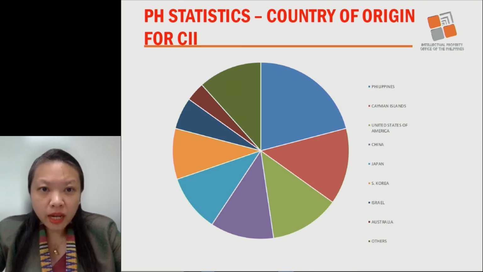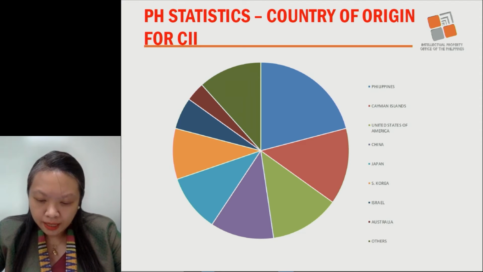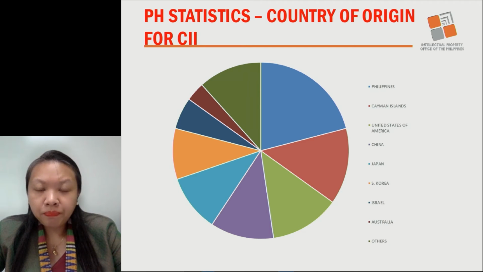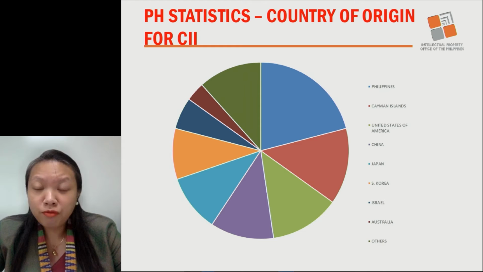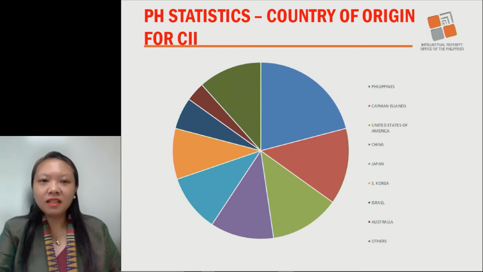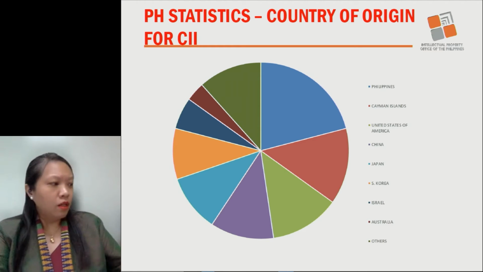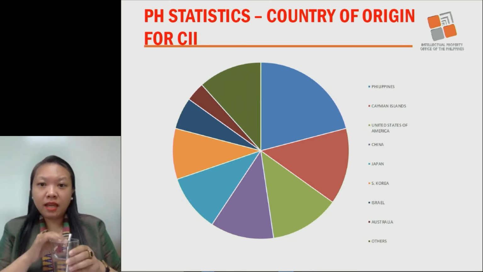So when we check for country of origin, we included utility models here also. And we noticed that quite a lot of the applications for computer implemented inventions come from the Philippines, then Cayman Islands, United States of America, China, and then 5th is Japan. Next slide, please. So when we do examination and invalidation,